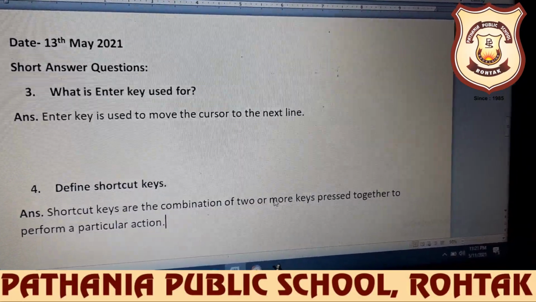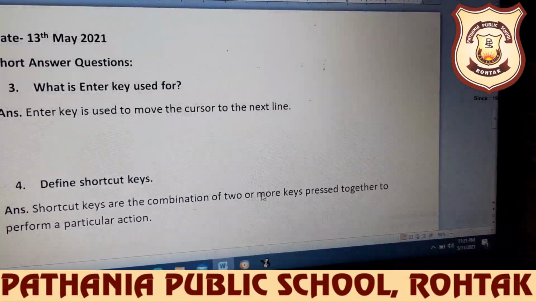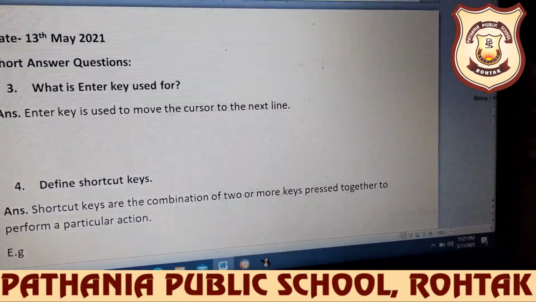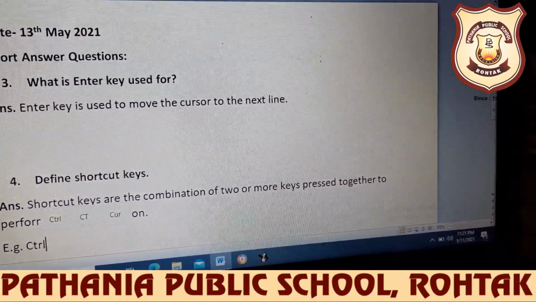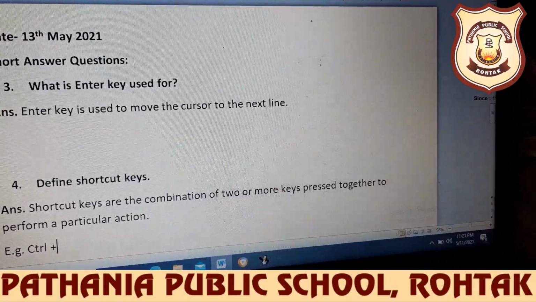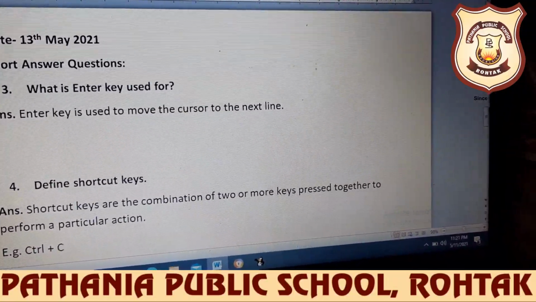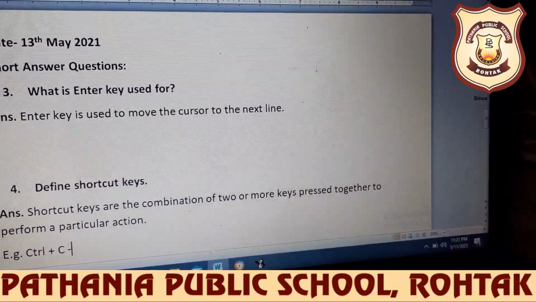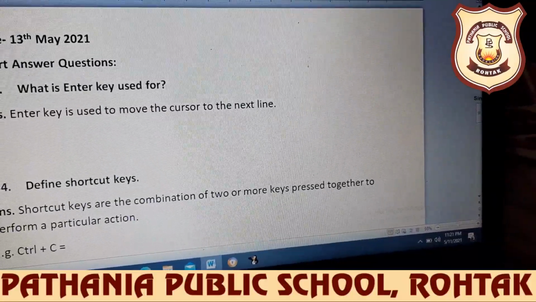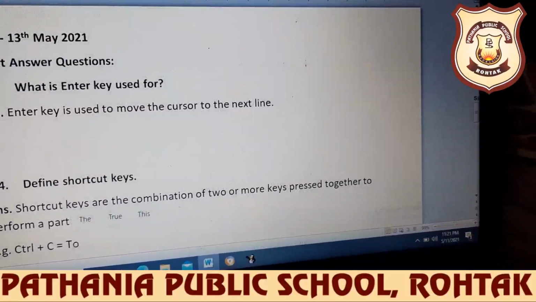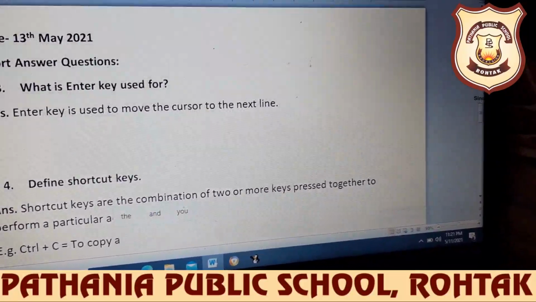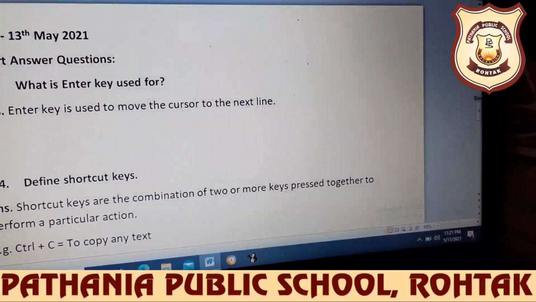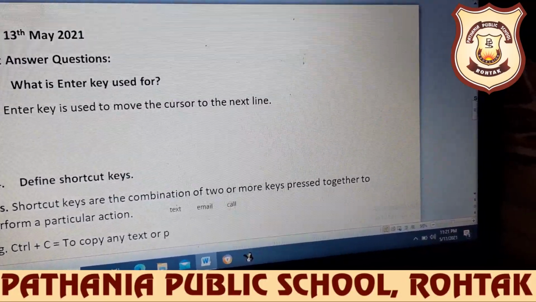Okay, I'll give you examples also so that it will be clear to you. So Ctrl plus C we use it for copying any text or picture.